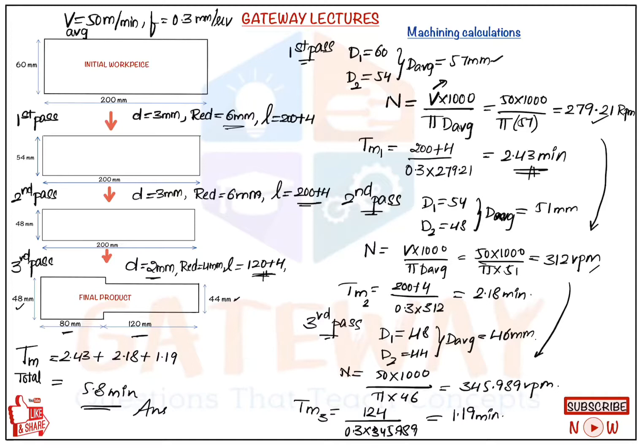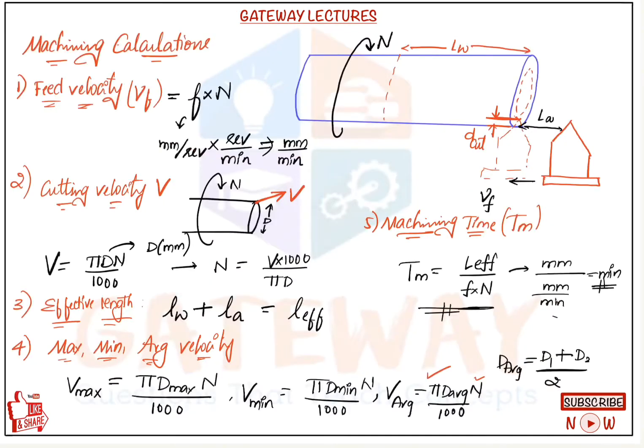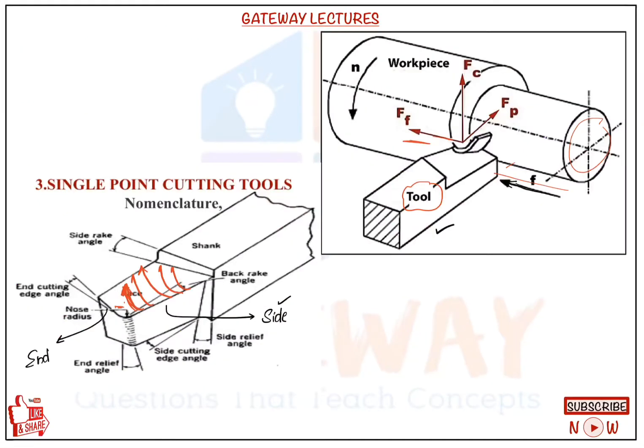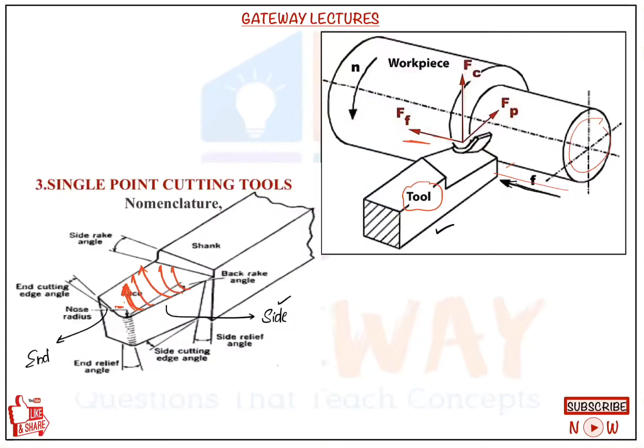In this way we can solve many turning questions, whatever the question, by simply reading the question, understanding the concept, and using these machining calculation formulas, we can straightaway proceed to the question. Machine tools is actually a very easy topic among production. Production for many competitive exams will not be too logical and not too conceptual even. Once you know the standard concept of turning, then we can simply do any numerical on turning.